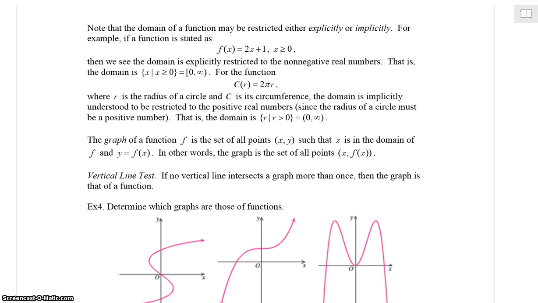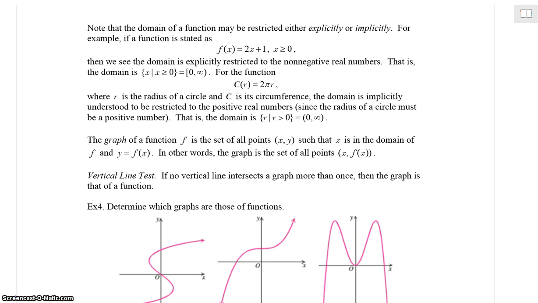For the function C of r equals 2 pi r, where r is the radius of a circle and C is its circumference, the domain is implicitly, indirectly understood to be restricted to the positive real numbers, even though it's not stated as such, because we're talking about some physical object, a circle, and the radius of a circle must be a positive number. It doesn't make sense to have a radius of 0 or a radius that's negative if you're talking about